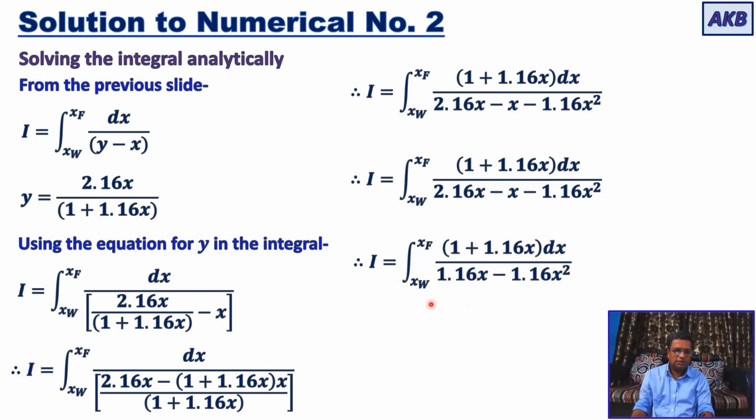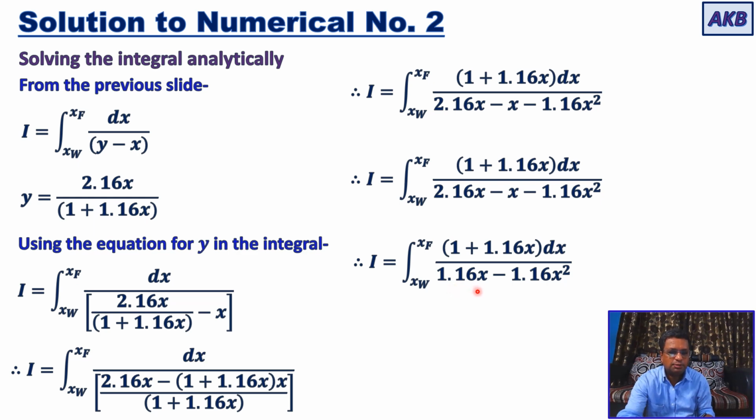Now next what is done, 2.16x minus x is 1.16x. That's why you have this. Therefore I will be equal to integration from xw to xf (1 plus 1.16x) dx divided by (1.16x minus 1.16x square). In the next step, what we can do in the denominator, you can check,